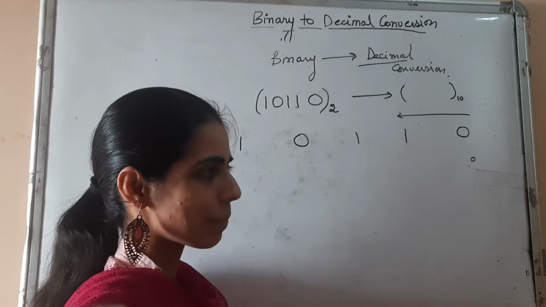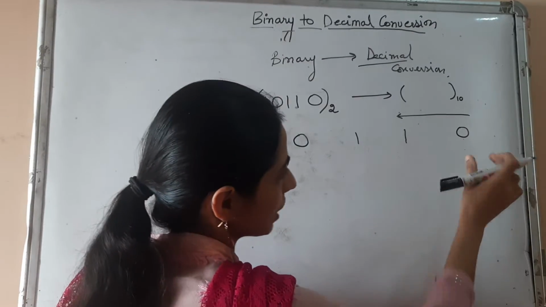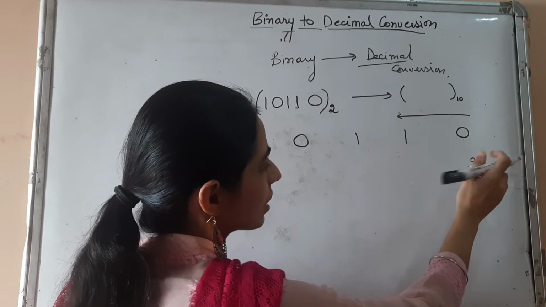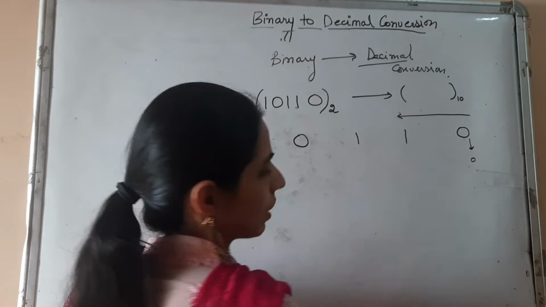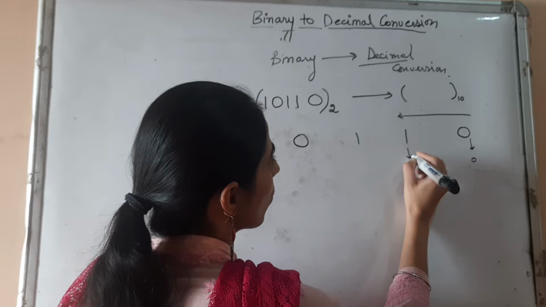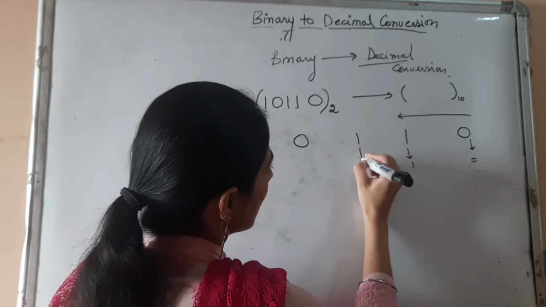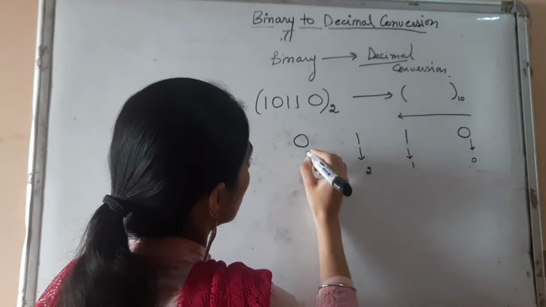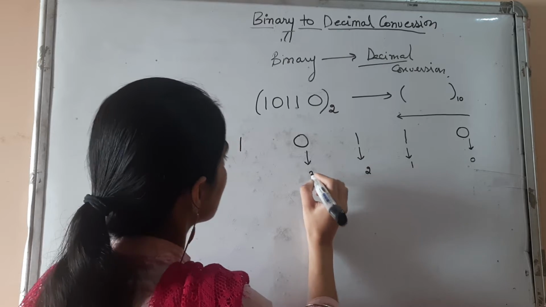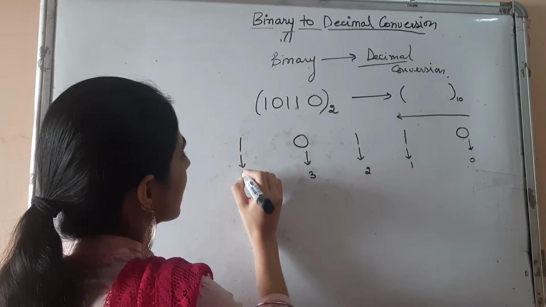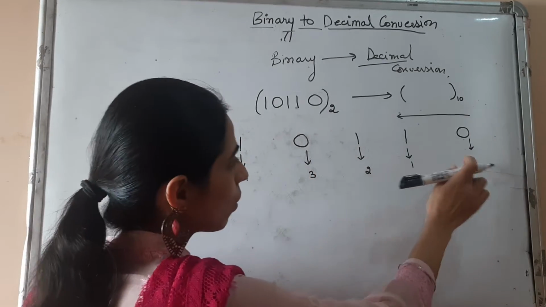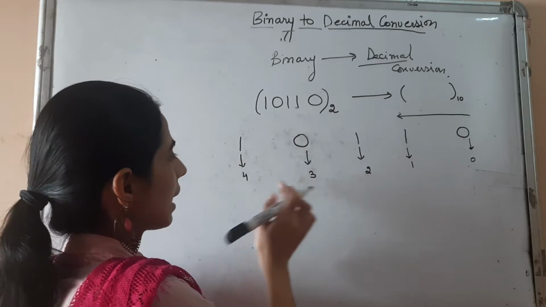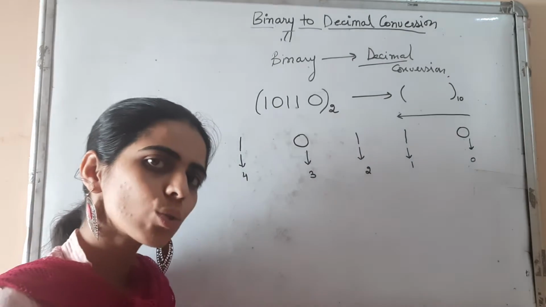Okay, that creates a problem. So always begin from 0. Under the first digit I have written 0, under the second I am writing 1, the third I will write 2, the fourth I will write 3, and the fifth will get 4. So 0, 1, 2, 3 and 4. I hope this is clear to everyone.